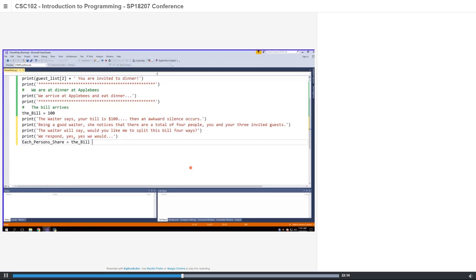Divide it by 4. And that gives us each person's share. So then we'll print